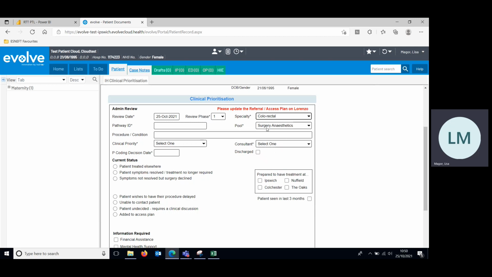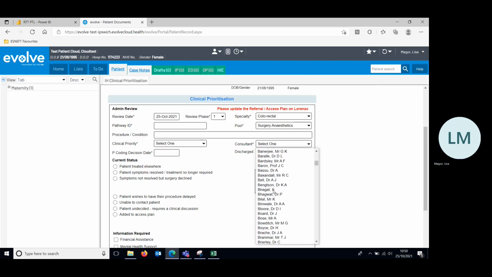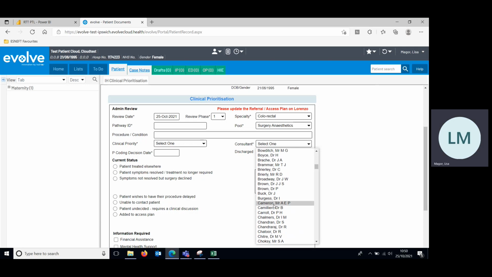The pool is automatically filled in for you. So in this case, it's surgery and anaesthetics. And we'll just choose a consultant. Let's go for, let's go for,